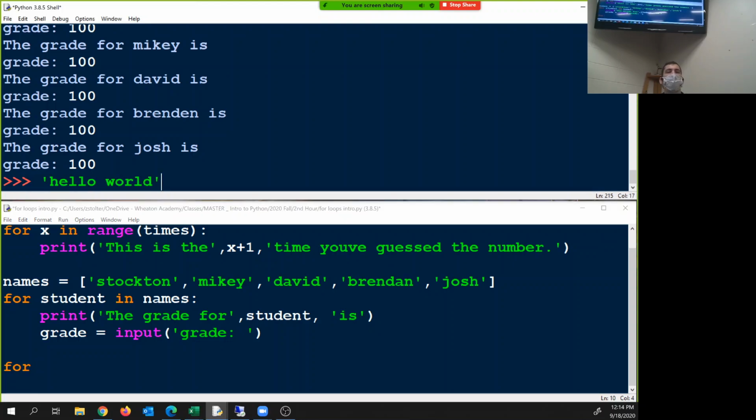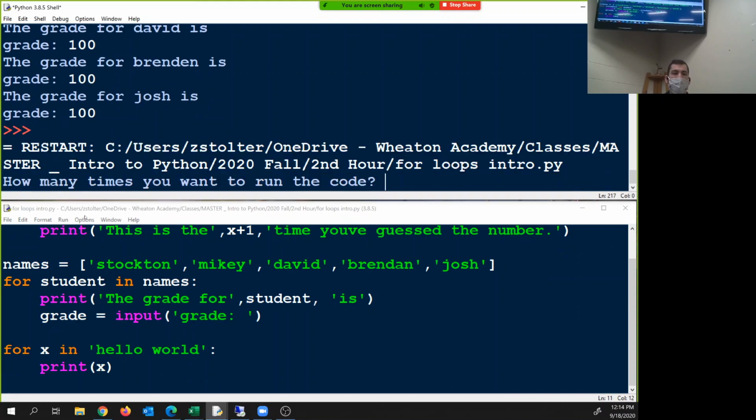is that iterable? Yes. Why do you say that, Josh V? Because there's multiple letters, like when you type in the word, it breaks down letter by letter. Yes. Separate it out and use it. So for X in hello world, print X. So right now I can run through that and I get